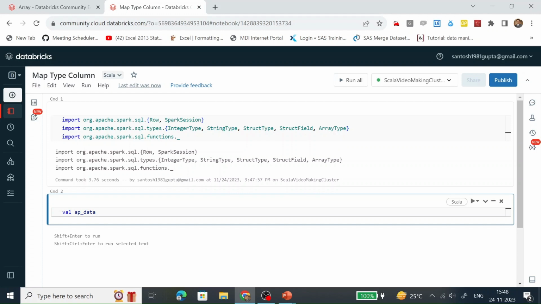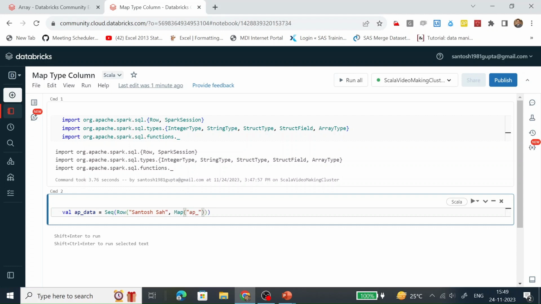Let's create a variable which is going to hold the data. How we are going to create it? We are going to create it with the help of a sequence, and in this I am creating three row objects. And in this row object, I am also defining one map element.